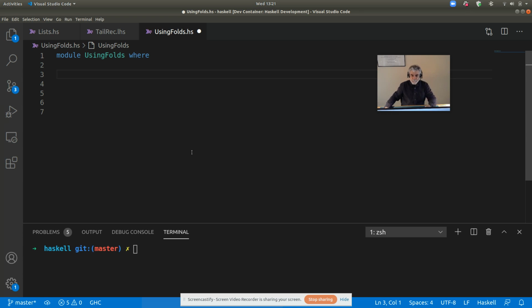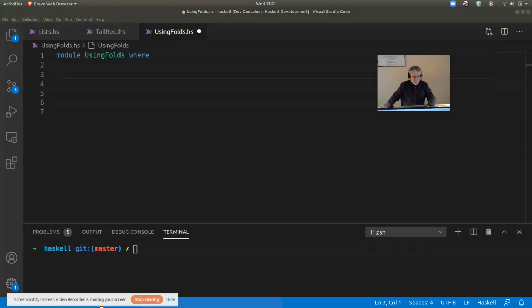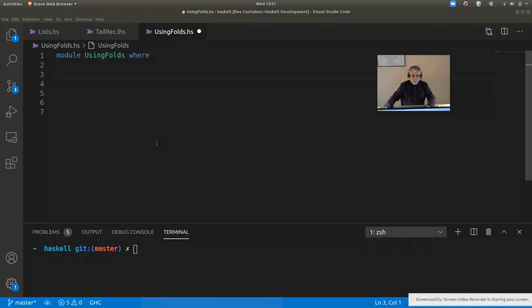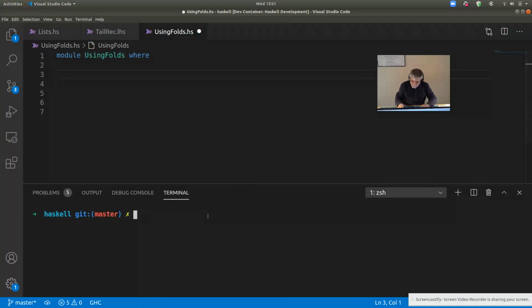Okay. Hi. I thought I'd give a short lecture on how you can use folds to define various kinds of functions. So I'm going to go down here and run GHCI